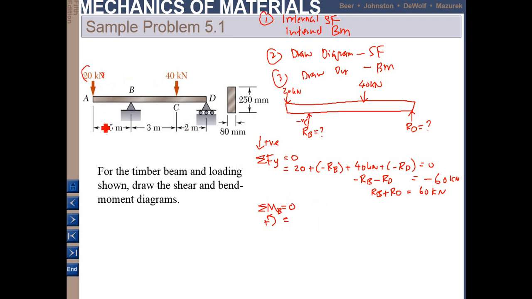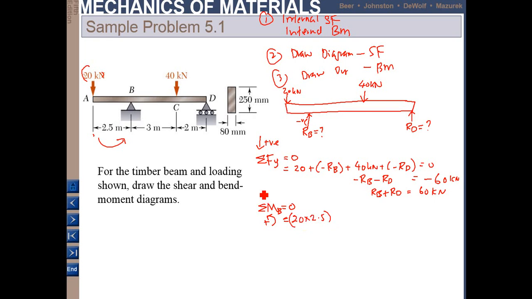Because this will cause the moment to go in this direction, it is positive. So 20 times 2.5,